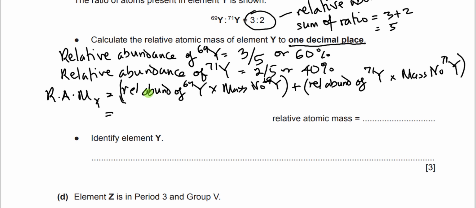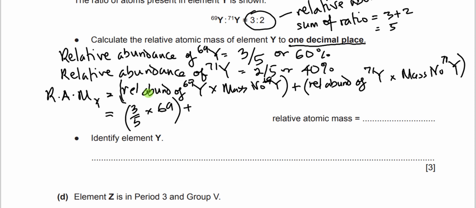So now what is it trying to tell us? Whenever you are answering your questions on chemistry, you must always bring your calculator, right? Because there will always be one calculation or the other. So now, the relative abundance of Y69 here is 3 over 5. That's 3 over 5 times 69